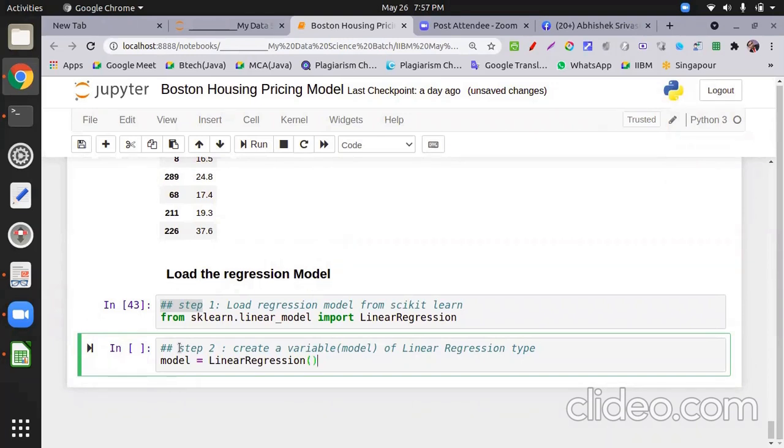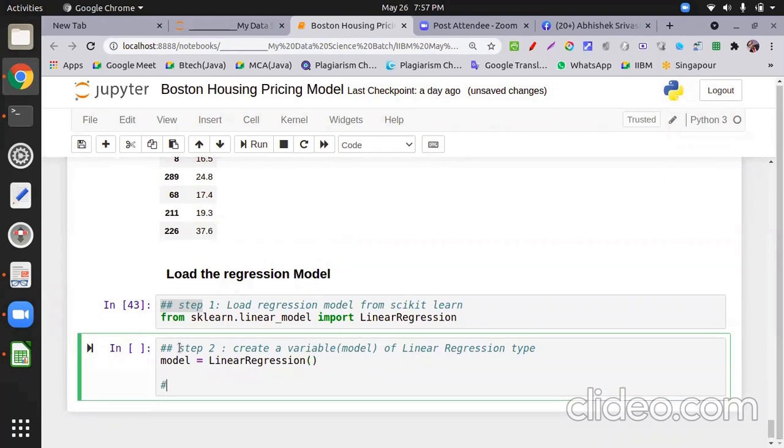All right. Step number 3. Fit training data in model. Training data variables. What are my training data variables?